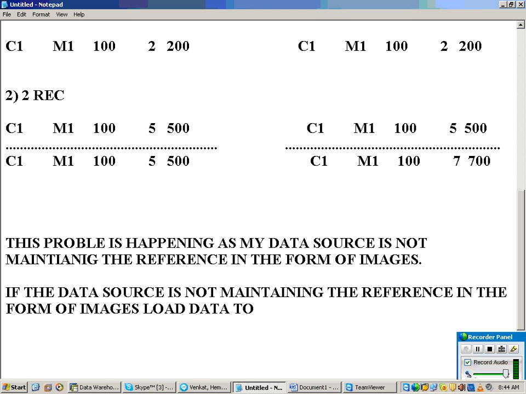You have to load data to a DSO, data store object. If the data source is not maintaining the reference in the form of an image, load data to a DSO. The DSO will maintain the images.